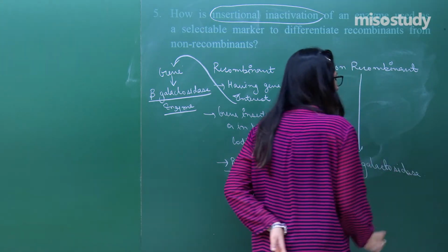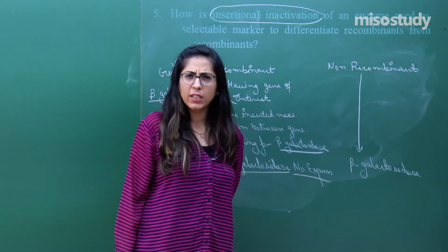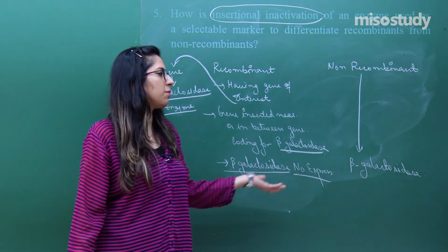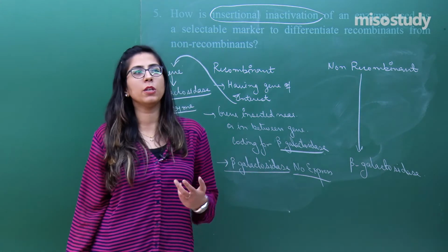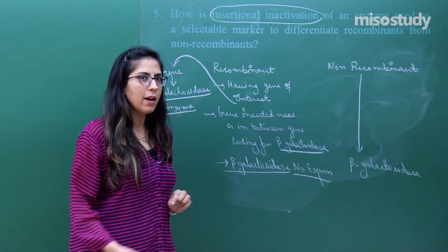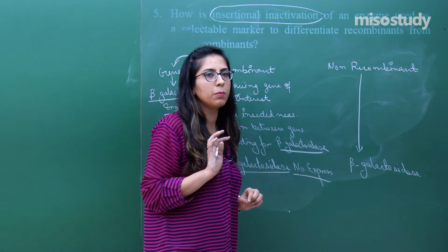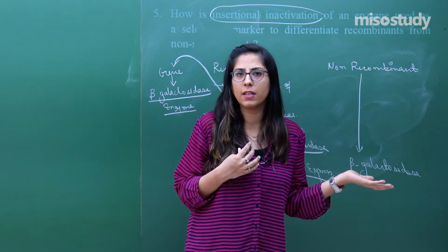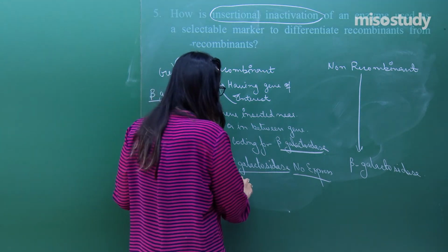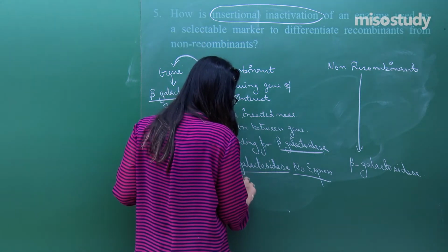Is present. Now, can you see the enzyme with your naked eye? Will I be able to see them? Whether it is present or not, it is very difficult for me to check. In this cell, yes it is present, in this cell, it is not present. I want some visible thing to be present so that I can get to know whether these are the recombinant cells or the non-recombinant cells. So, in this case a chromogenic substrate is added.